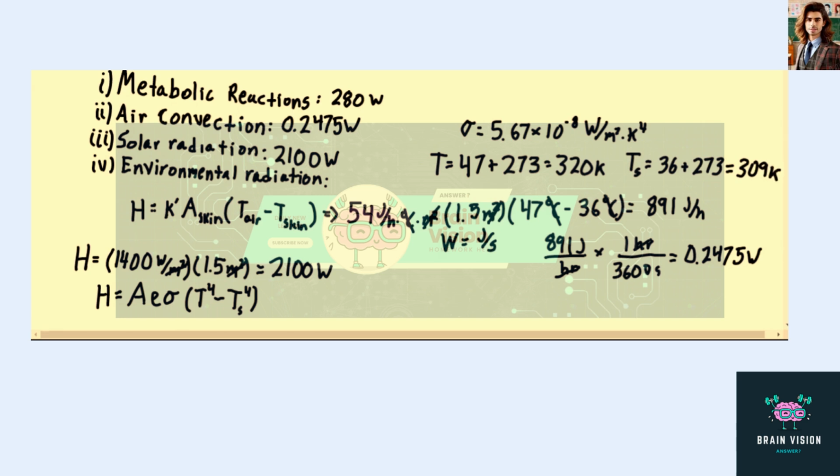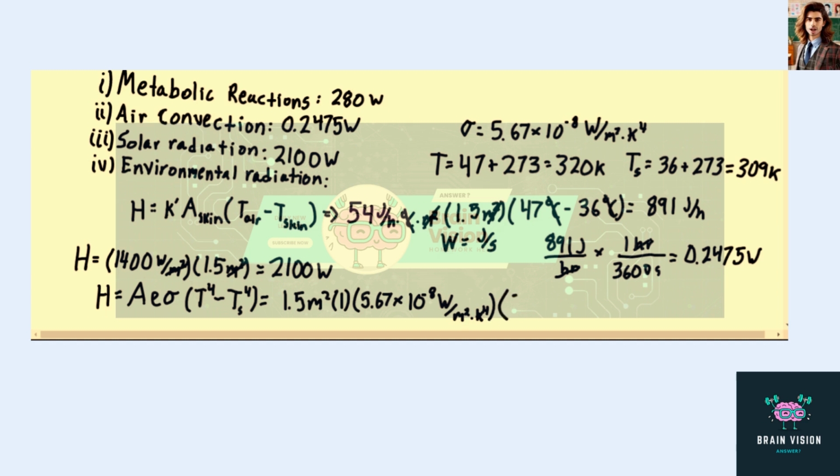So now we can begin to plug everything in to find the heat from environmental radiation on this person's skin. It'll be equal to 1.5 meters squared times 1, the emissivity of the person's skin, times the Stefan-Boltzmann constant of 5.67 times 10 to the minus 8 watts per meter squared times kelvins to the 4th